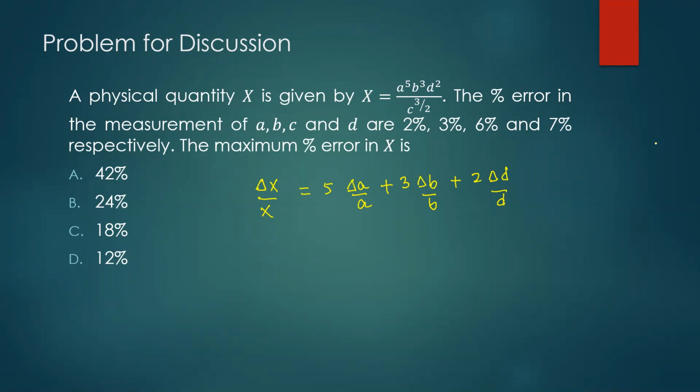Okay, so whenever you divide, even then you're supposed to add. I think sometimes that is where students go wrong. So you need to add here. So it is like the power is 3 by 2, so delta C over C. And then if I multiply by 100 on either side, I'll get the percentage. So I'm just multiplying this by 100. So percentage error in X